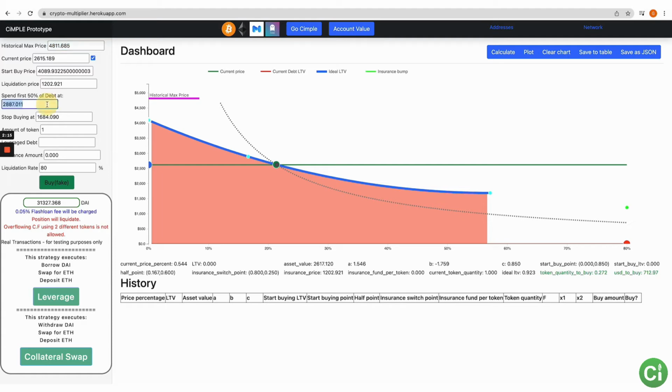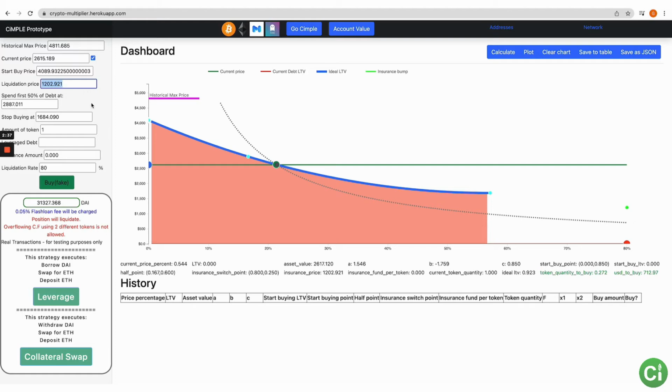So this next thing, if you are struggling to understand all of this, don't even consider messing with this. But if you are a more advanced user, then you can start to modify this. And the way that you would modify it is, let's say that it's $1,000 worth of debt per token based on this liquidation price. So it's saying, where do you spend half of that 1,000, which is 500? Where do you spend the first 500?